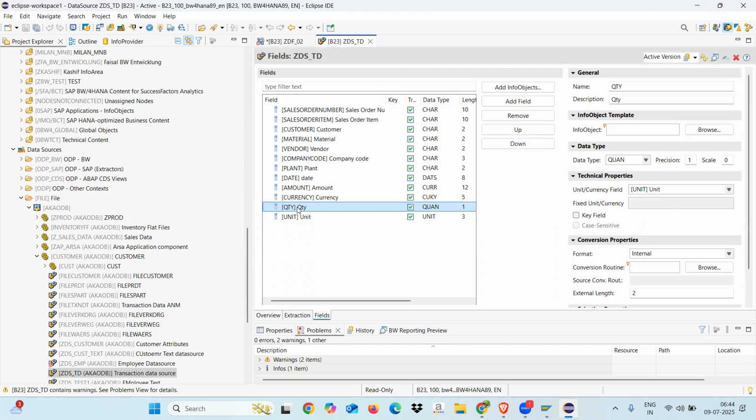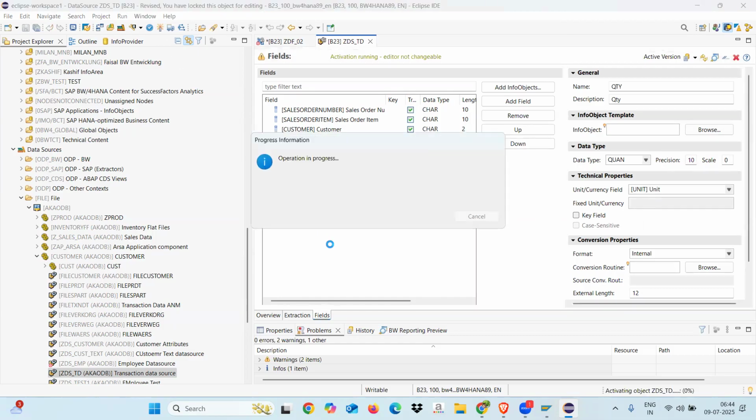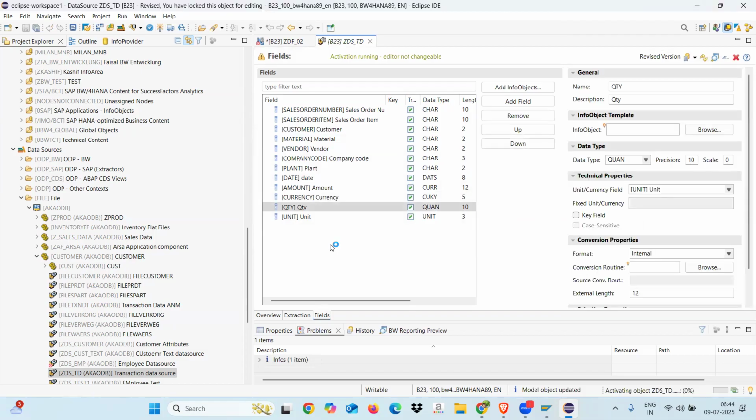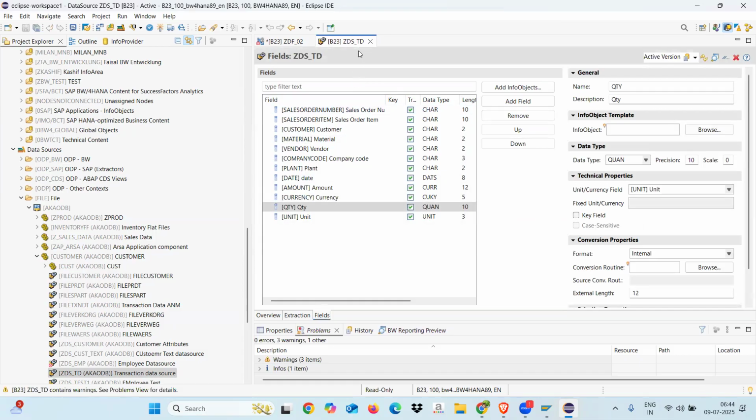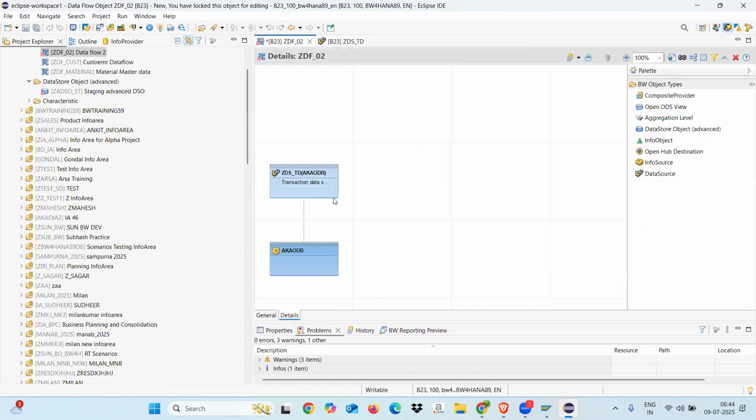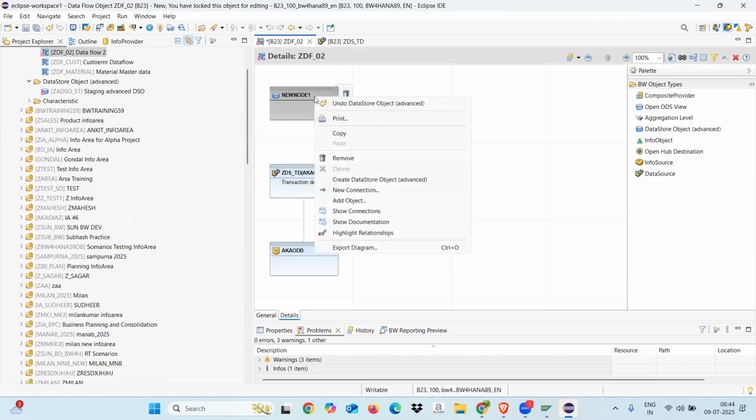We need to change the length in this one. And I'm activating it. Okay, and I will go here. See, now I will drag and drop ADSO. Now you will come to know, you will understand why we have to create a staging advanced ADSO, why we have to create a standard advanced ADSO. You will come to know here. So now,